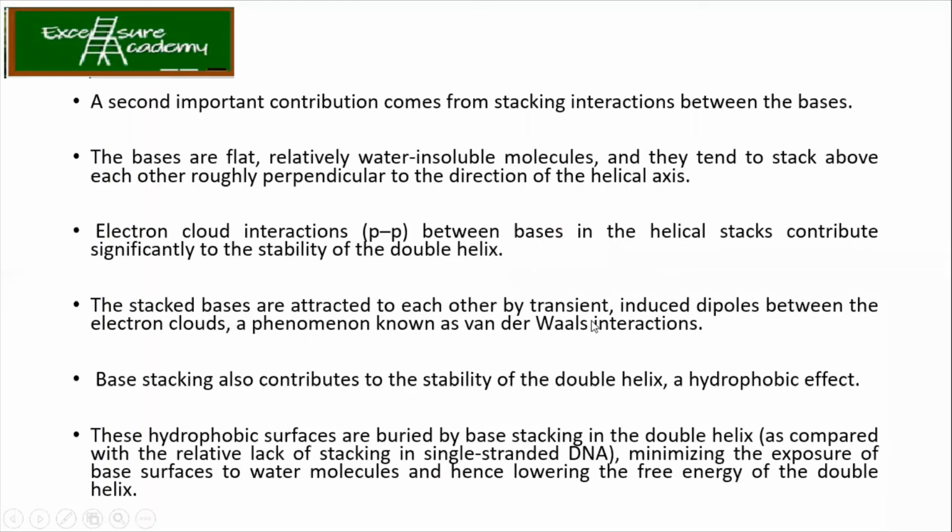The first thing is the hydrogen bond, which makes your DNA stable. The second thing is base stacking. What is the base stacking doing? As you know, the structure has turns, and in each turn we have the bases like this, right? They have a stacked arrangement, a staircase arrangement. Why is this staircase arrangement helping in maintaining the structure? Because of the electron cloud interactions, which make your double helix more stable.